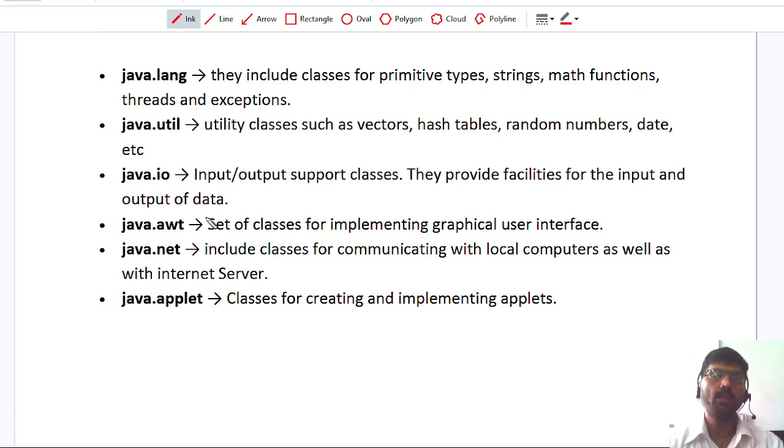The next package is called AWT. AWT means Abstract Window Toolkit.